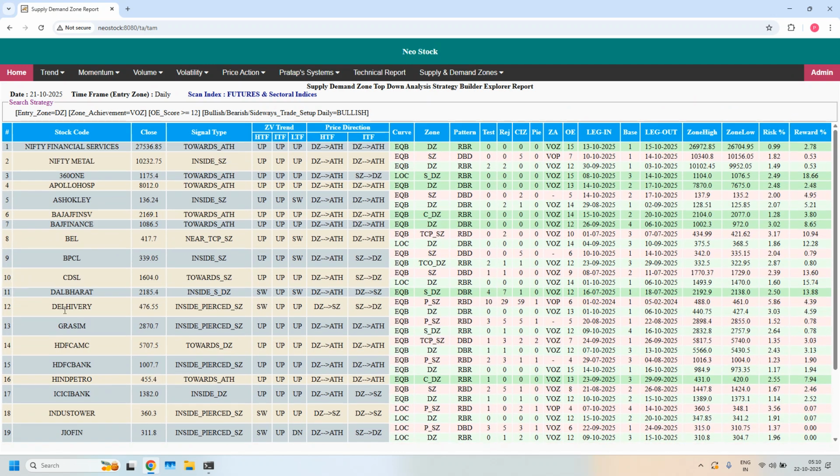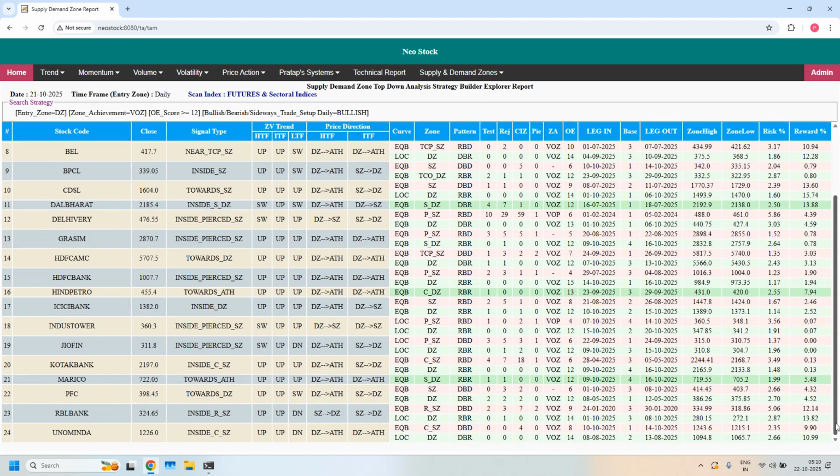The first 19 stocks in the list, and all the entry time frame zones are daily demand zones. Bullish trade setup for monthly income trade. Scrolling the list down, a total of 24 stocks are filtered. Out of these 24 daily demand zones, there could be some high probability trade setup daily demand zones available. We need to filter them based on 2 different zone confluence and EMA confluence strategies that you learned in